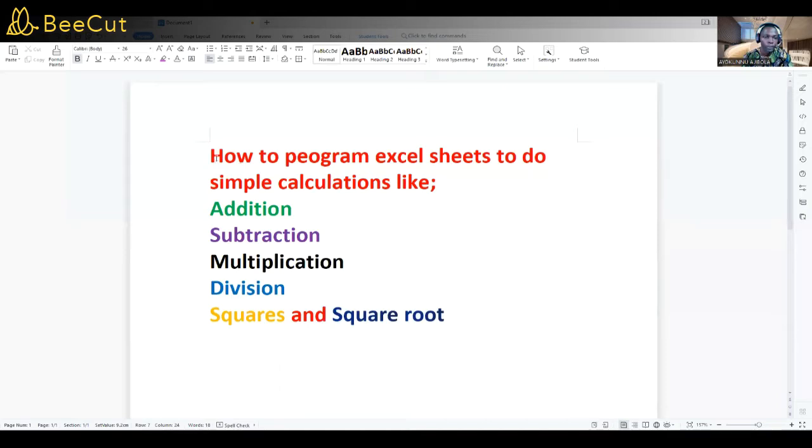Today, we want to look at how to program an Excel sheet to perform simple, basic calculations that involve multiplication, addition, subtraction, division, powers, and roots. So I'm going to be sharing the Excel sheet with you now. First, let's look at the task that we have ahead of us. We're looking at how to program an Excel sheet to do calculations like addition, subtraction, multiplication,